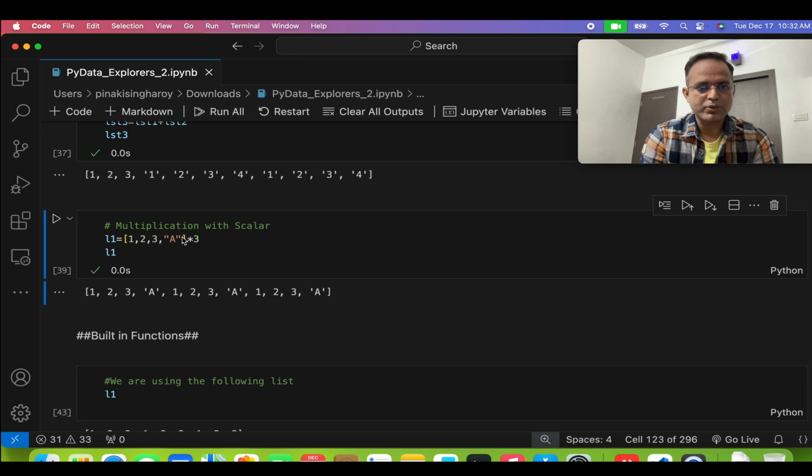How many times will it be repeated? That will be multiplied 3, 4, 5 times. If you are increasing it, then the list output will be going to be